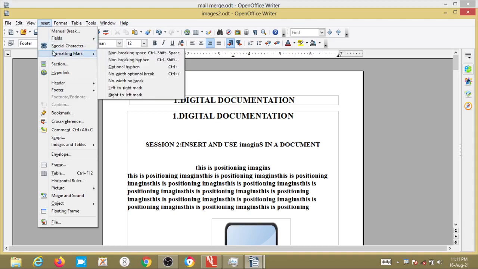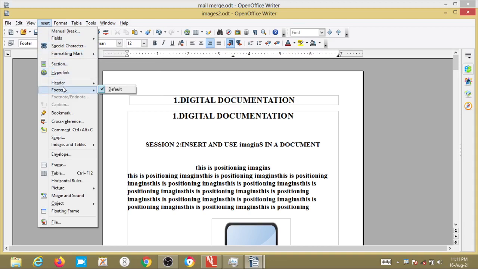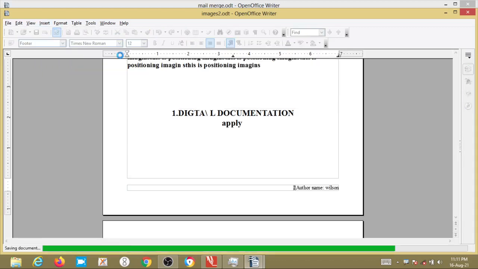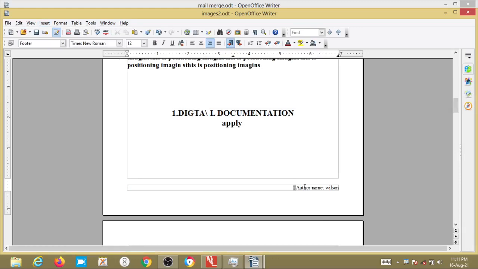In that Insert menu, header and footer we already did, right? Now go to the Fields option. In that, if you want to insert the page number, you can insert the page numbers. See here the page number is aligned. Okay, clear now?